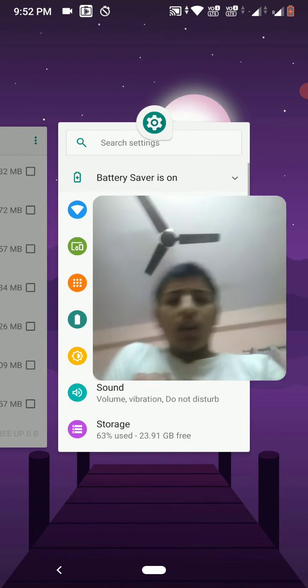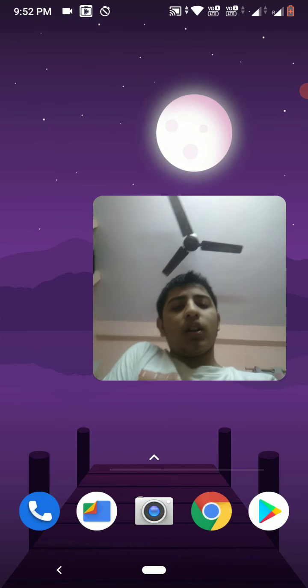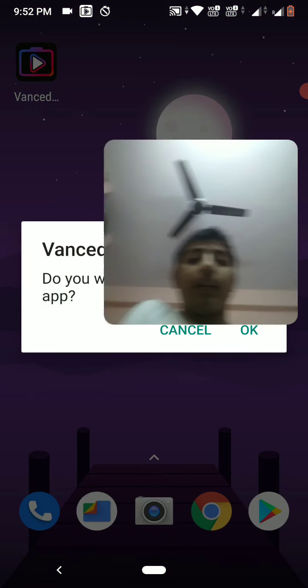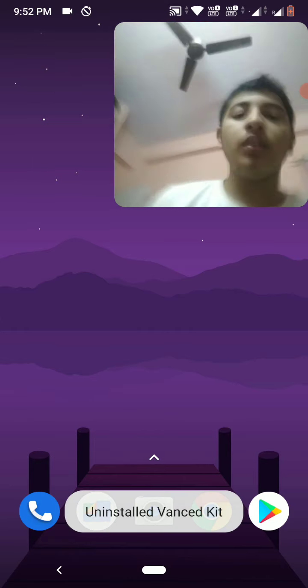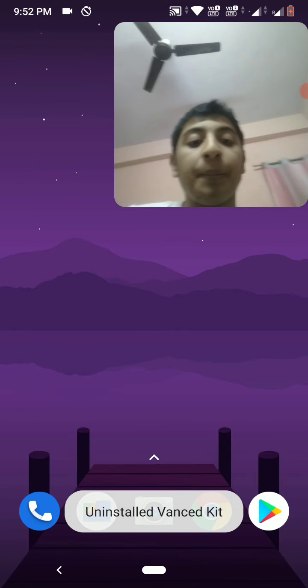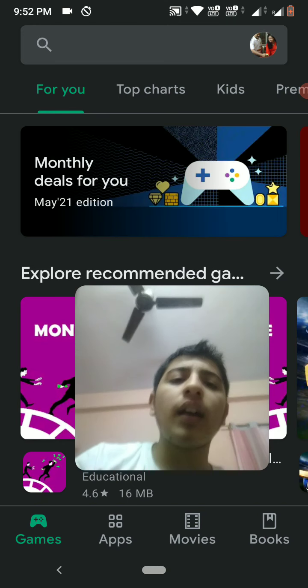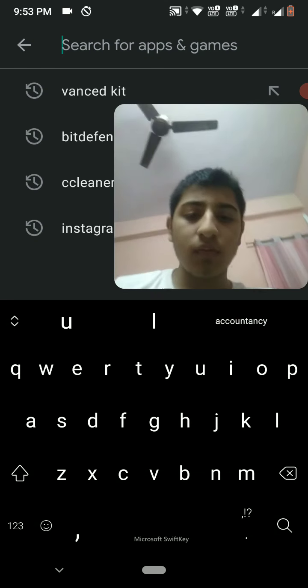But what if you don't want any third party app? You can delete this and then install a trusted app. We know a reputed company, Opera. If you don't want to sign in with your Google account, then don't sign in to the VadstKit app.